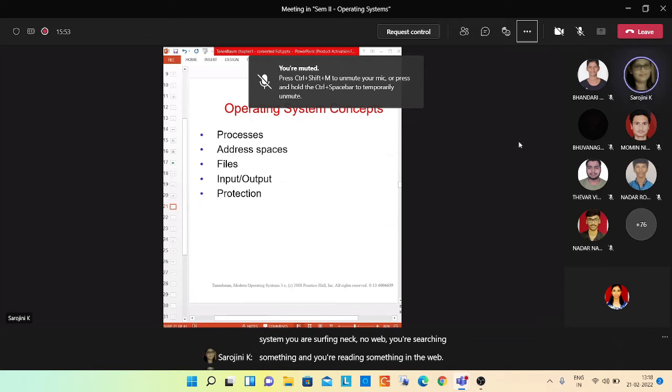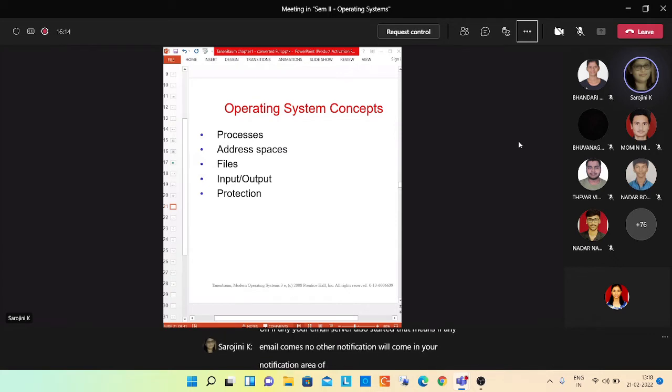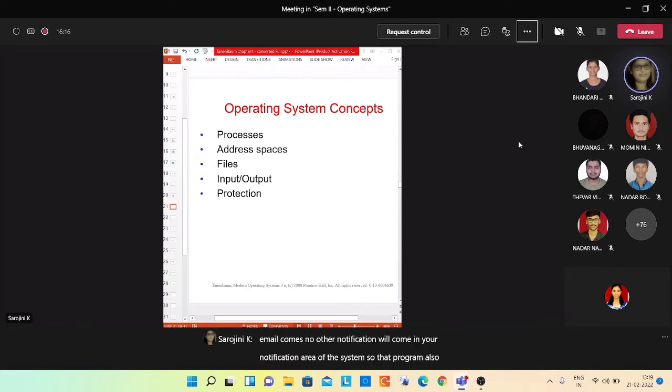In the meanwhile, what is happening in the same system, in the background, if your email server also started, that means if any email comes, the notification will come in the notification area of the system. So that program is also working in the background.